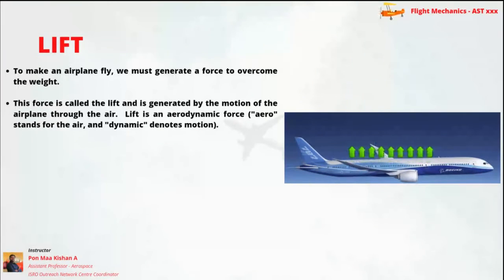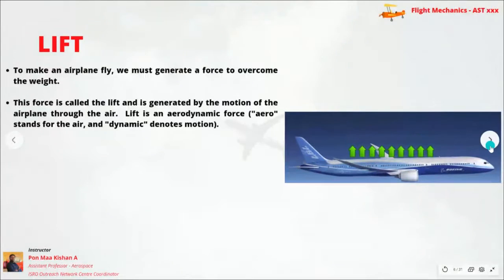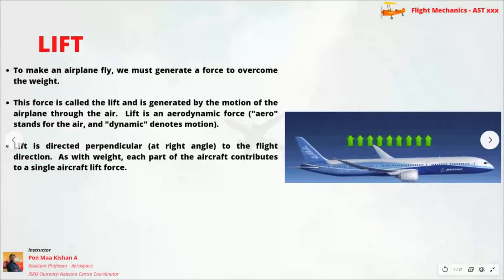So when the aircraft is flying, make it clear that 90% of the lift contribution is generated by the aircraft wing, and the remaining parts generate a small contribution to the lift. But overall, for better understanding, they say the basic thing that the wing alone produces the lift. Okay, so the next one is the third point.